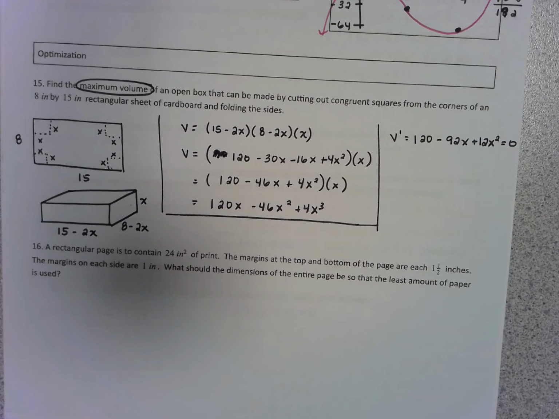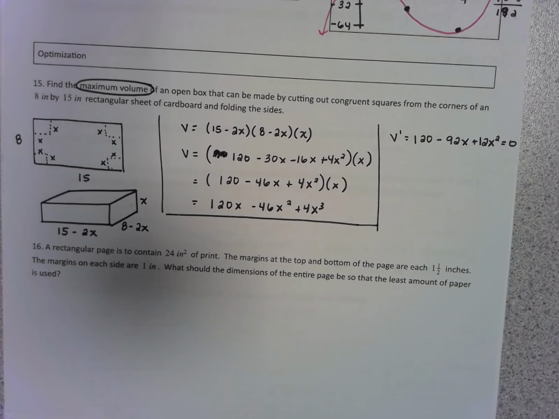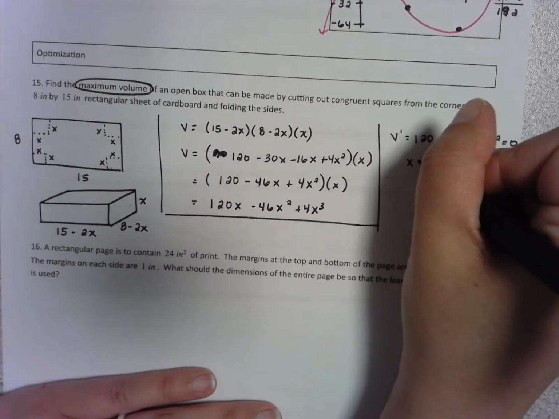Now we could go through the process to solve this by factoring or whatever. I'm going to tell you for the sake of time that I'm going to give you a problem on the assessment that's a lot easier to actually work through if you have to do all the algebra. In this case, I'm going to solve it using a calculator by just finding the zeros. And so when I do that, the value that I get is